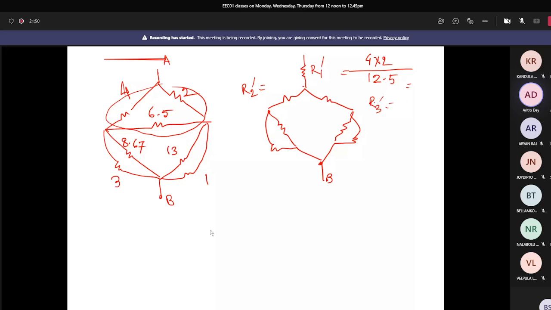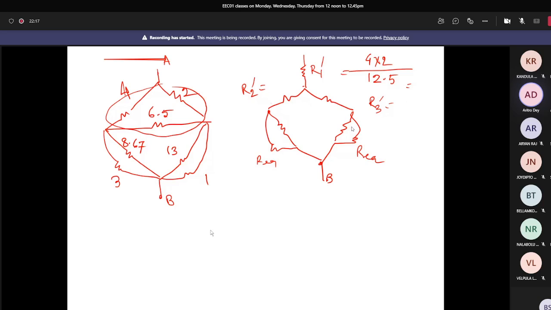And then the next task is to get the parallel combination of these two, R equivalent. Then you have to add this again in series and then again the parallel combination. I hope you can solve it, right? I am not doing it step by step because it is not solved rightly in front of me. So I hope you can solve it. If you cannot, just get back to me. I'll solve it. Let us move to a different problem now.